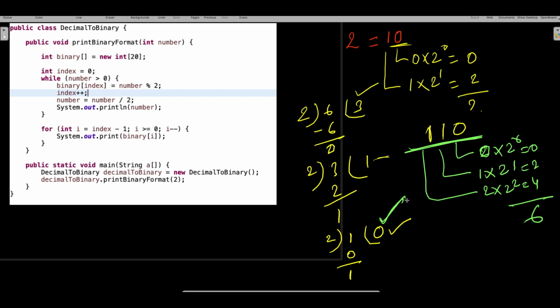When the division number becomes 0, I am terminating it. So while doing the division, the moment I get 0, I am terminating it. This is my termination condition. So I need to do this till the number is more than 0, right?